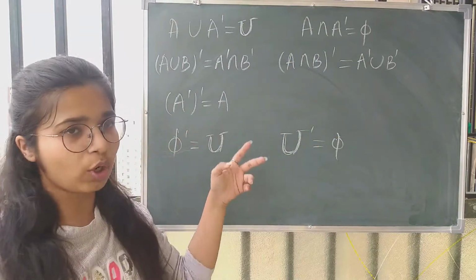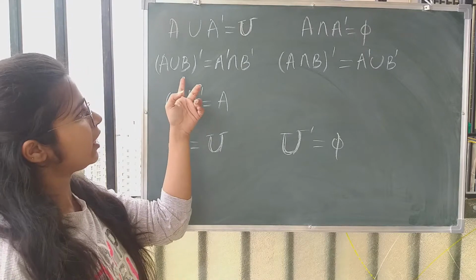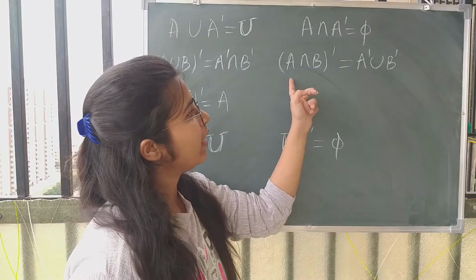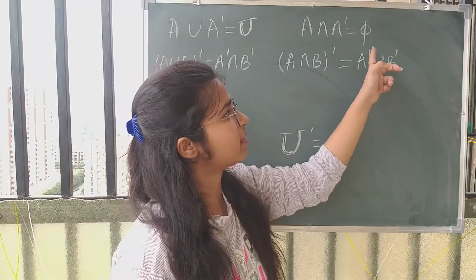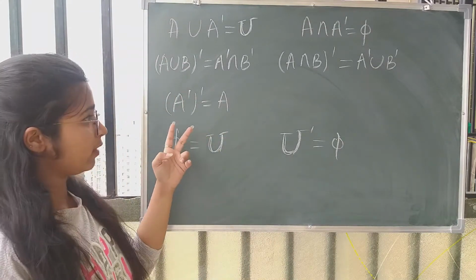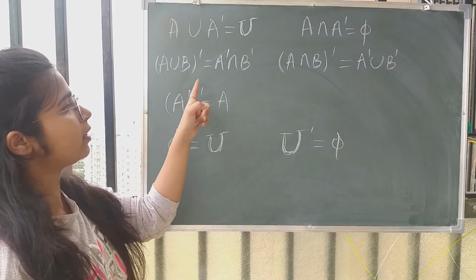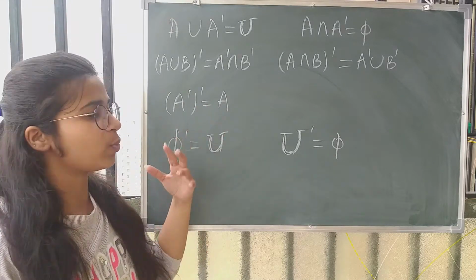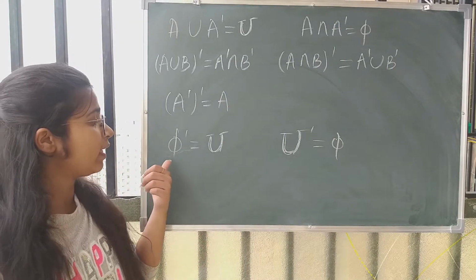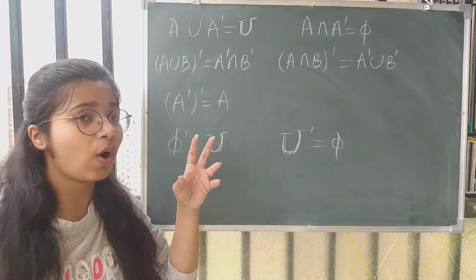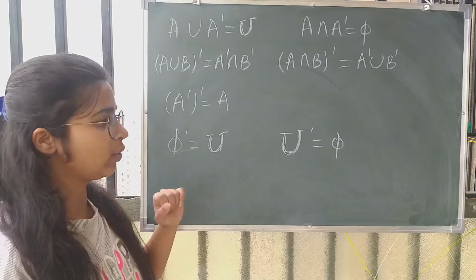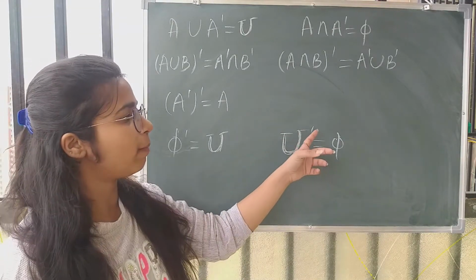Nextly we have the De Morgan laws, which I just told you, which is A union B complement is equals to A complement intersection B complement, and then A intersection B complement is the same as A complement union B complement. Now we have the double complement law, which says that A complement complement is the same as A, which we have just studied, and then you have phi complement is the universal set. Phi में क्या होता है? कुछ भी नहीं. तो अगर हम उसका complement निकालें, that means it has everything, and the set which has everything is the universal set. Similarly, U complement will be phi.